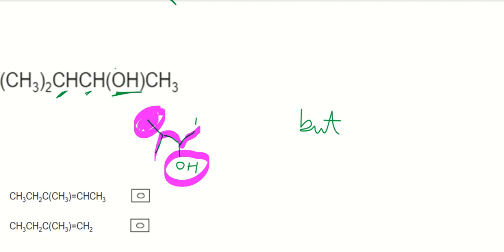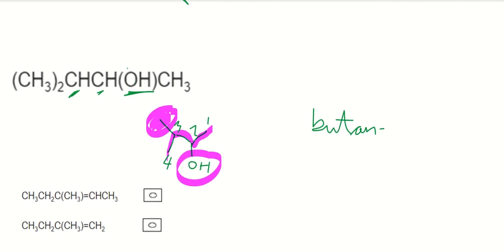So we're going to number 1, 2 to try and 3, 4 to try and get the number down on that OH. Okay. Now, pretty sure AQA would allow you to do the numbering either way. Actually, I think that would be pretty harsh of them to penalise you for that, but you never know. They sometimes do expect quite a good standard of this. So that means that on the 2 we have the ol, so it's butan because it's no alkenes, butan 2-ol, and we've got that methyl sticking off the third carbon, so it's 3-methyl